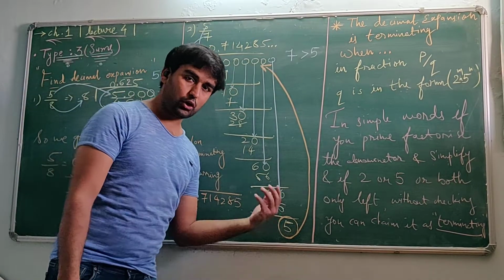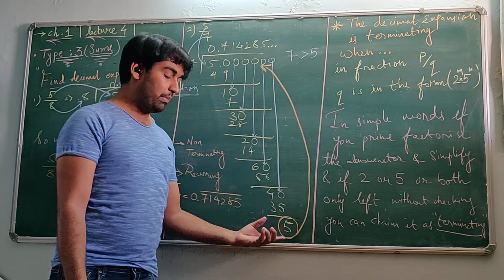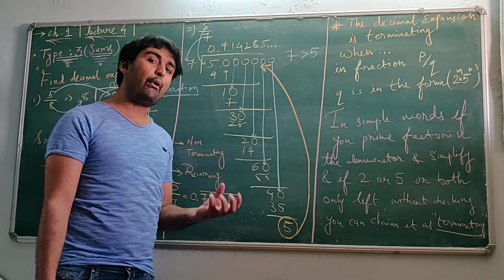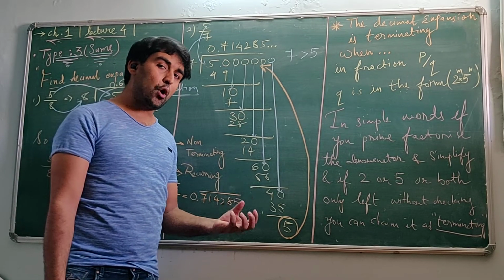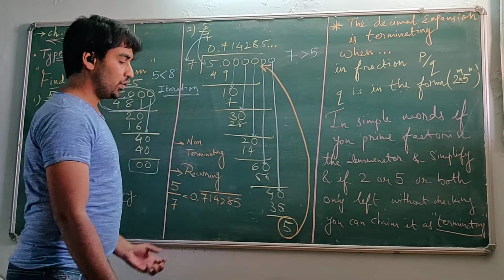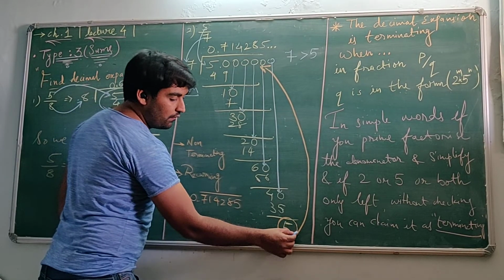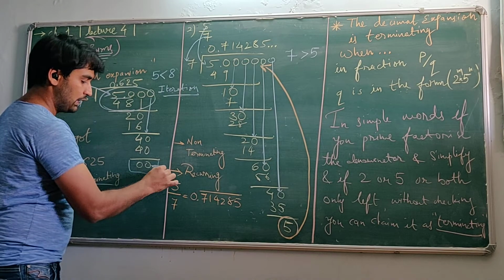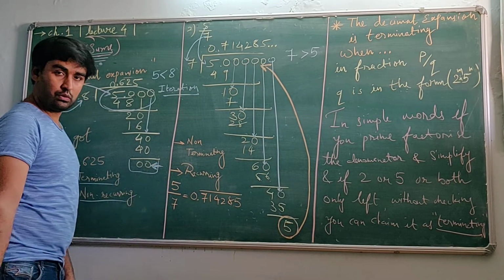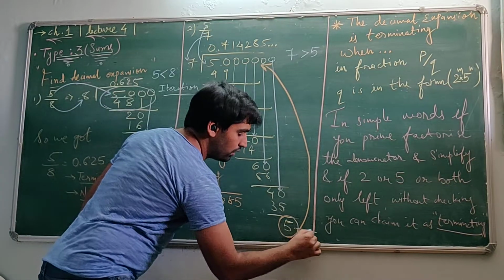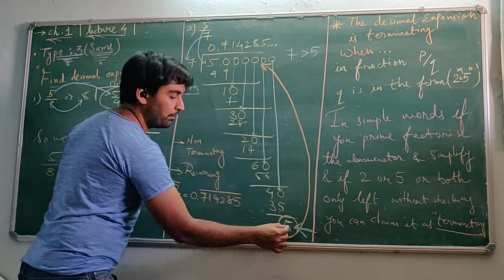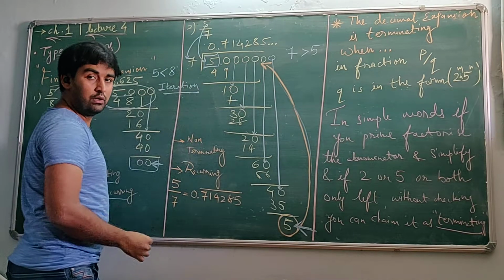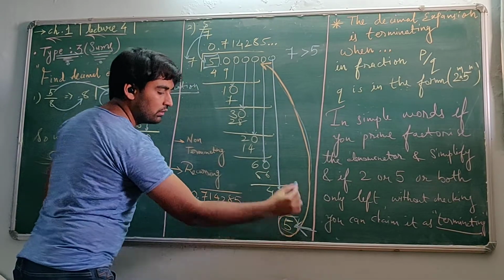Now still I can go for division, but when I need to stop, what is the sensing point at which I need to stop dividing them? So my answer is when I will get either 0 in the remainder, or I should get the number from which I have started with. Where I have started with 5, I have reached 5.